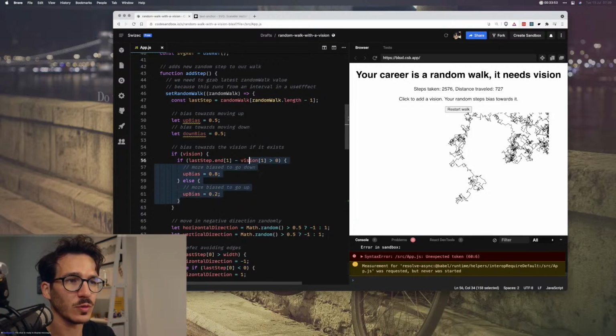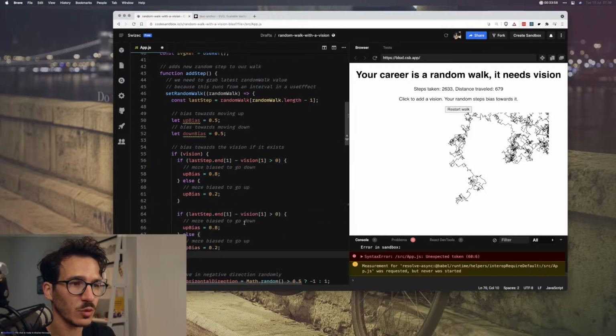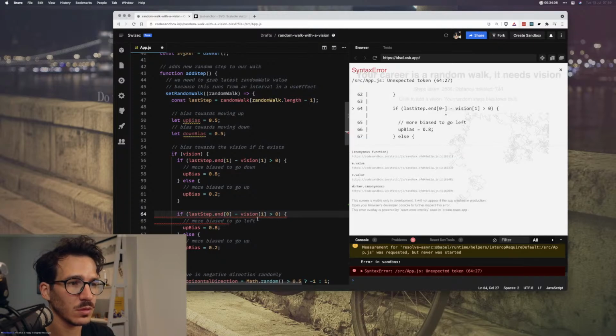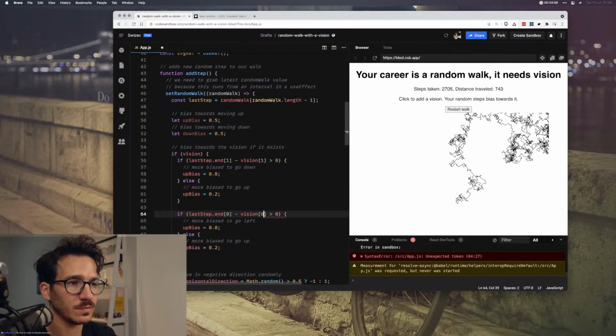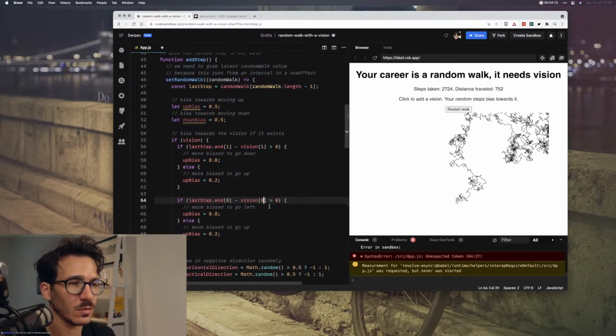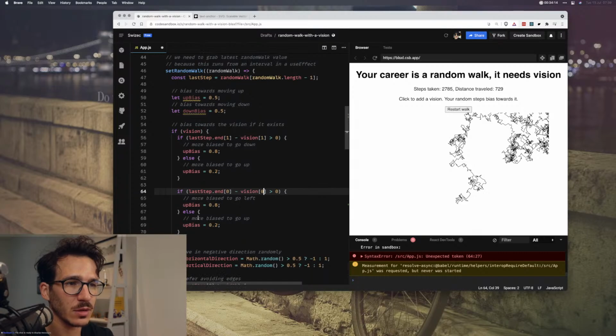And then we're going to do the same thing for the other bias. More bias to go left. Yeah, I think that's going to be correct.